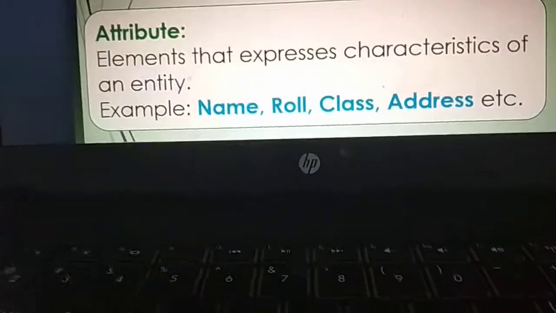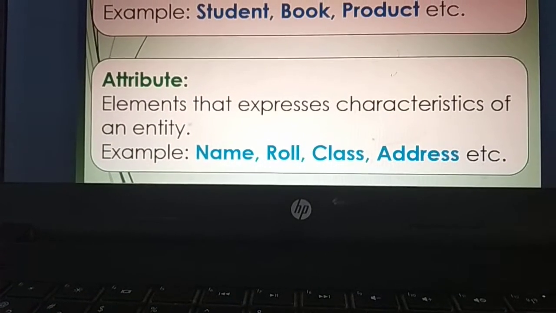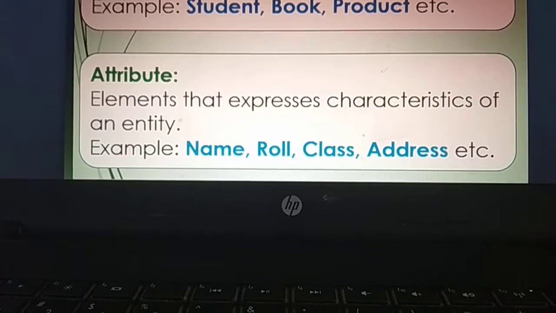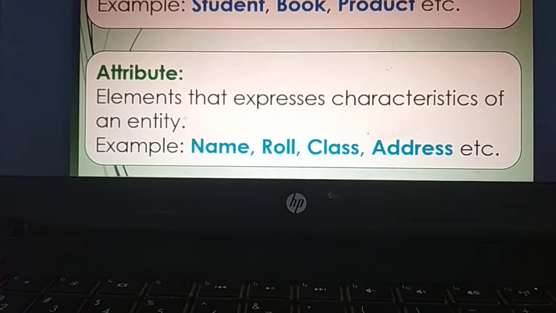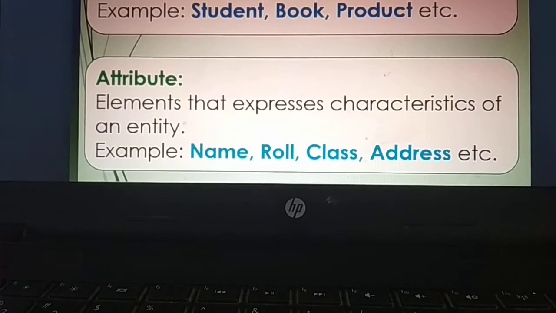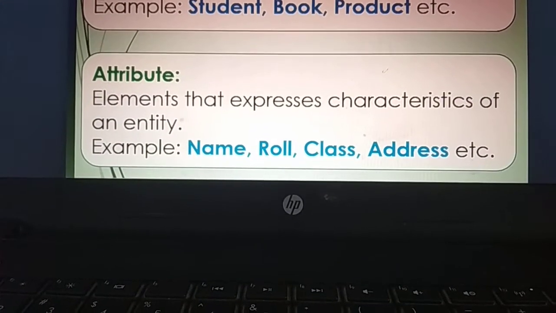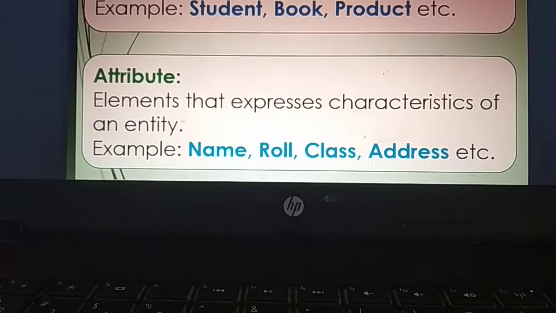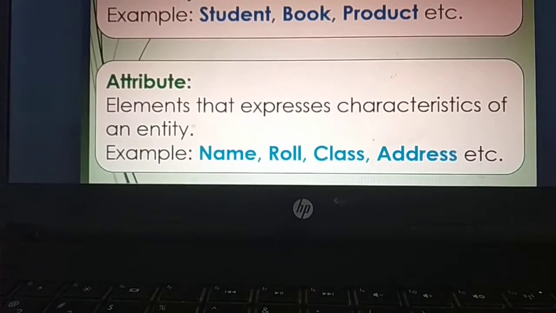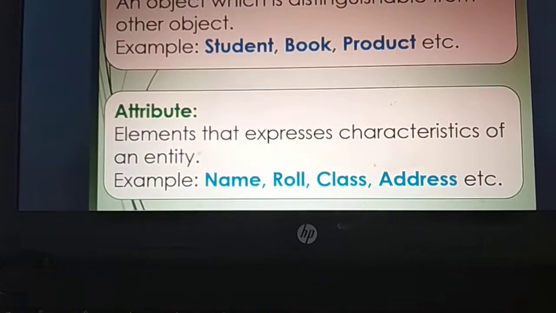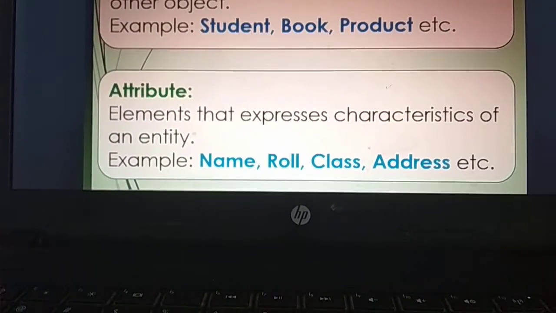These are the real world objects and these are known as entity. Then comes attribute, the elements that express characteristics of an entity. That means the elements that we use to express characteristics of the entity are called attributes, like name, roll, class, address. By using these attributes, we can express characteristics of the entity student.